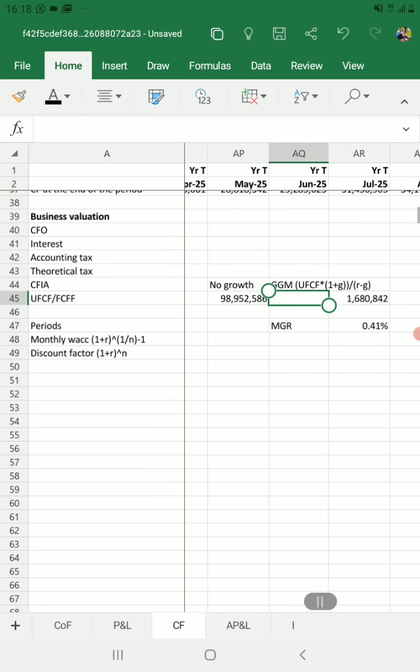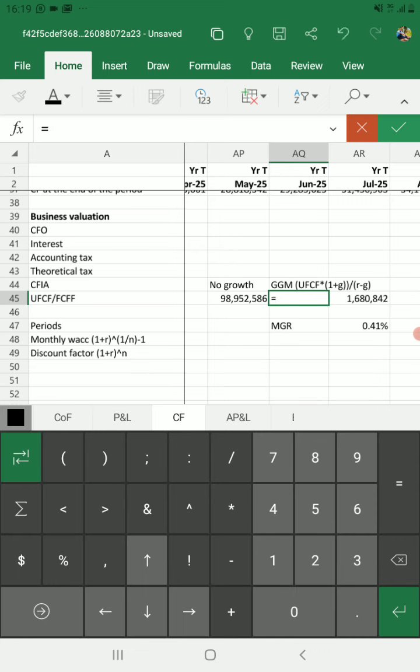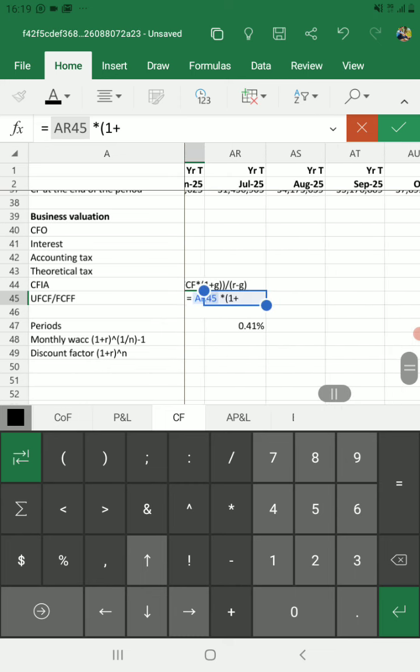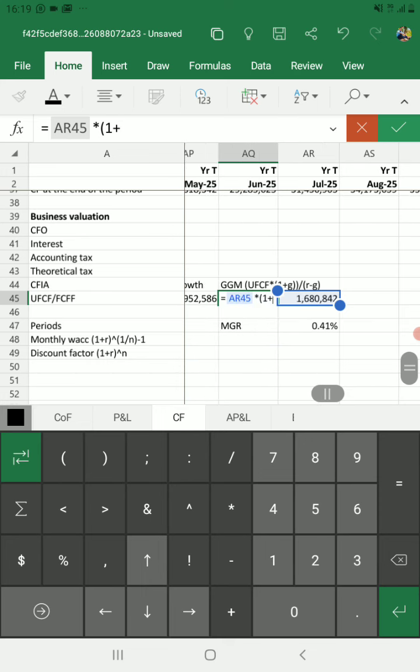So we take, start with equal sign, we take this figure, base figure, and then we multiply it by 1 plus growth rate. So multiply by, open the bracket, 1 plus growth rate, the growth rate is this one, our monthly growth rate, okay, and then close the bracket,